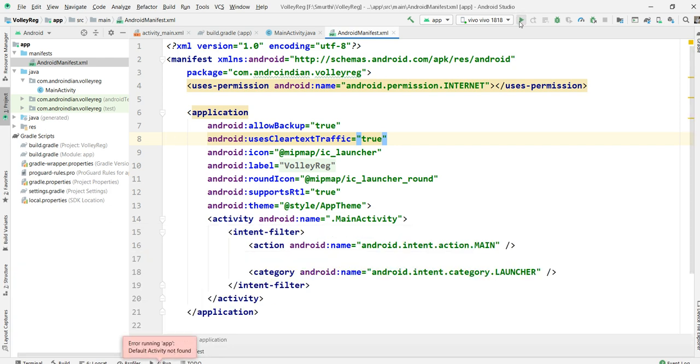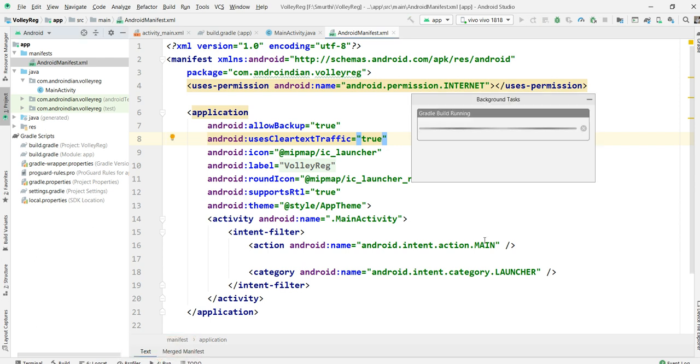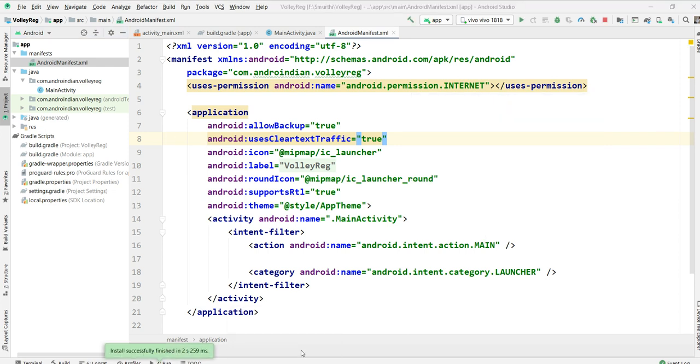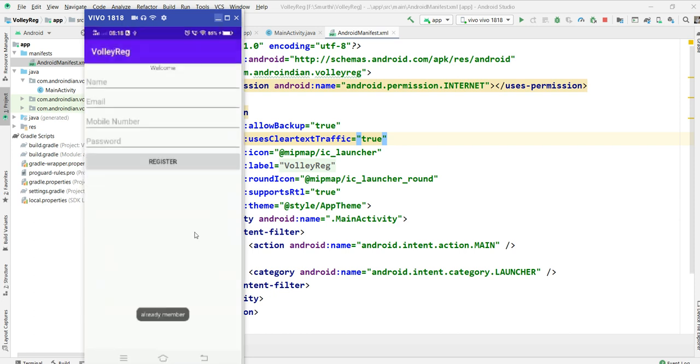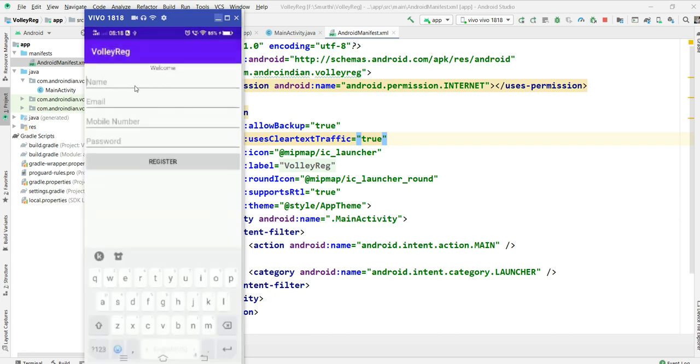We can see how this performs. Now we can see the output, how it gives the error case, success case and all. It's installing.